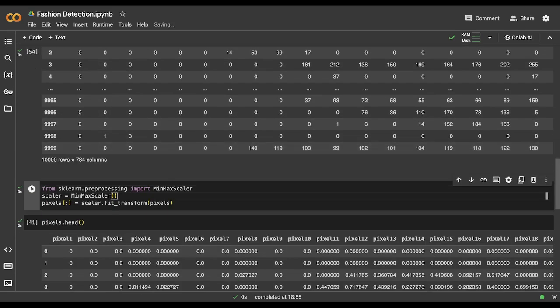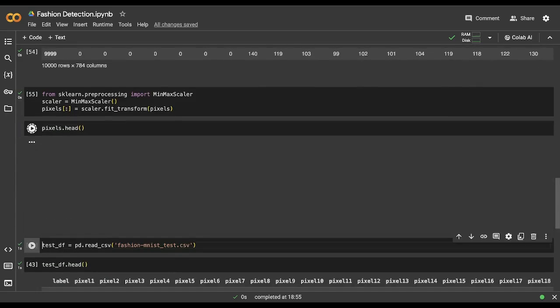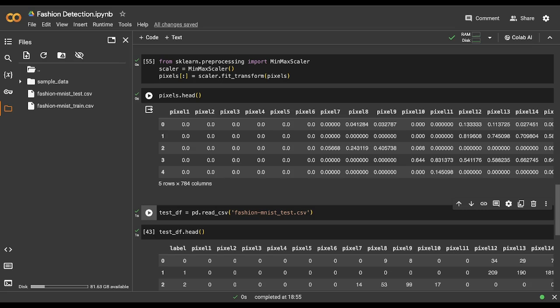Now we'll perform the min max scaling here, and let me display again. So now that we are done with this, what we saw in the shape of both the data sets is that the testing set was holding more rows as compared to the training set. So what we did, we loaded the testing set in as our training data set, and we loaded our training set as our testing data set.